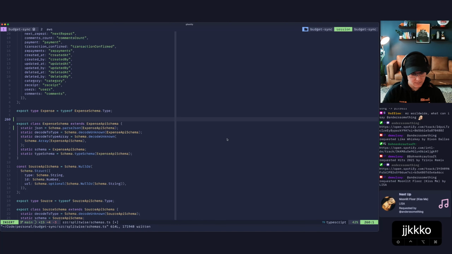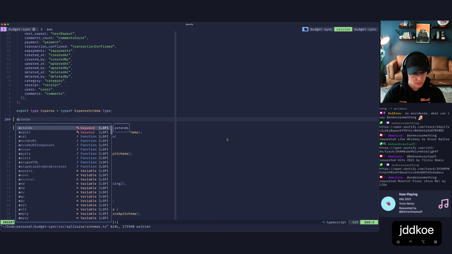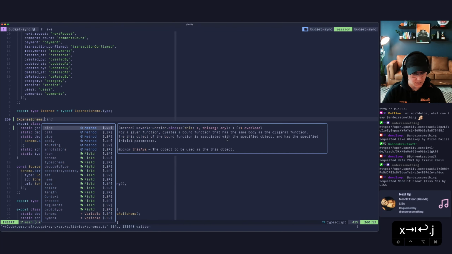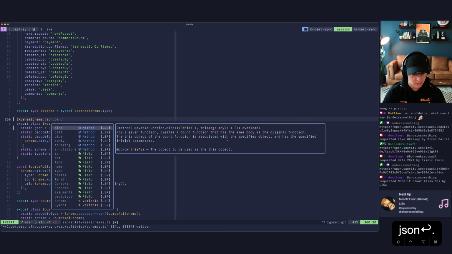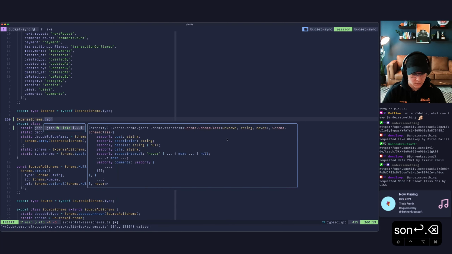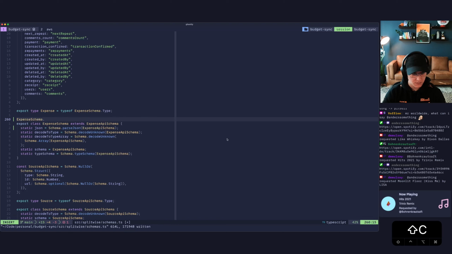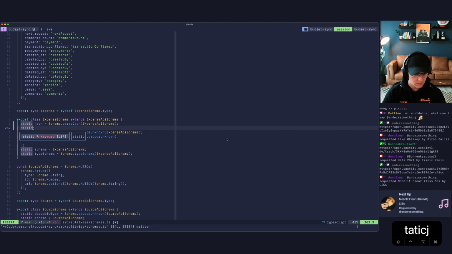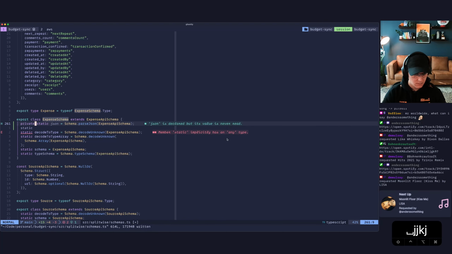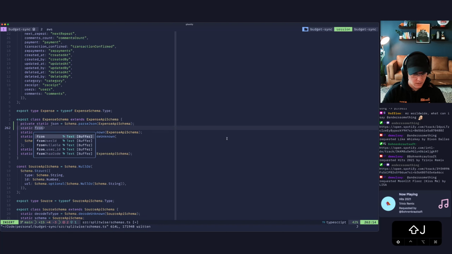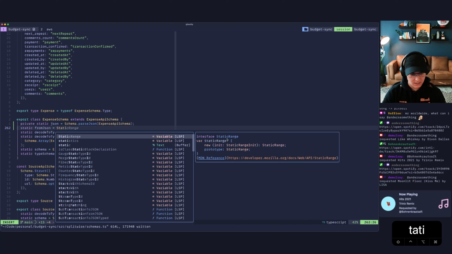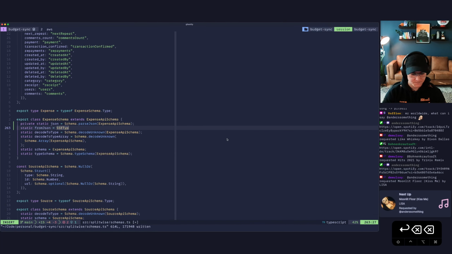And can we do something like expense schema dot JSON? It's just a schema. So we then do, would it be like from JSON? From JSON would be static, or it would be schema